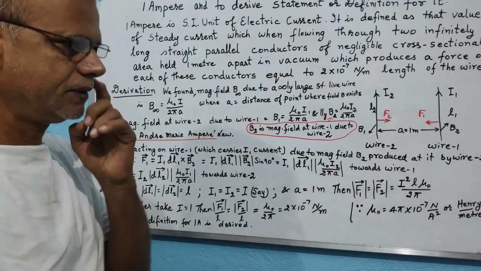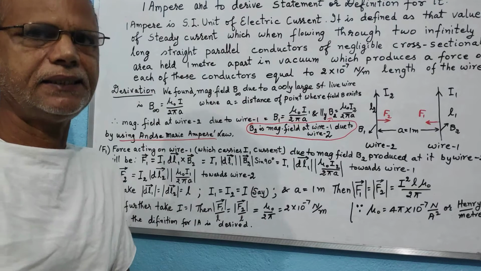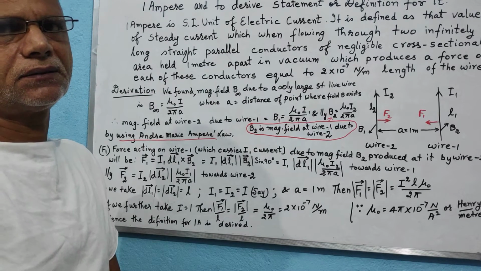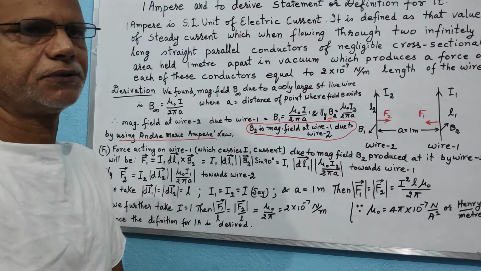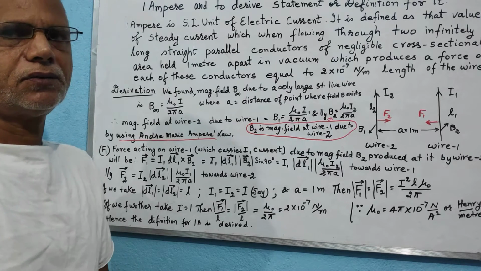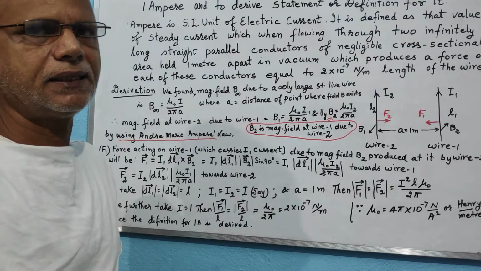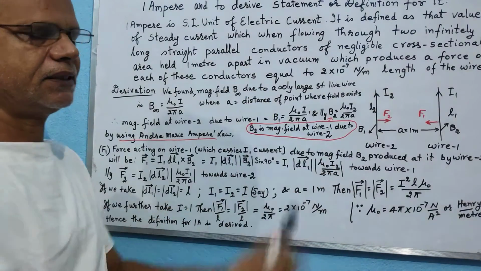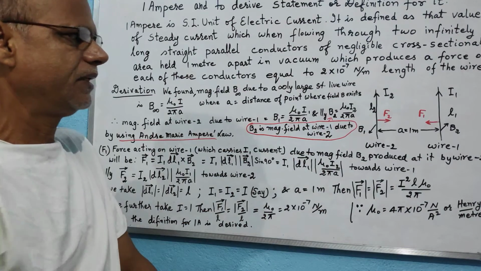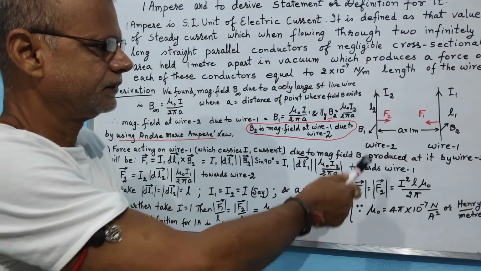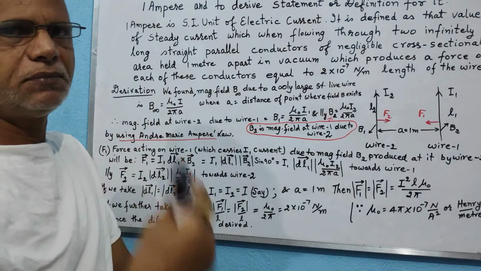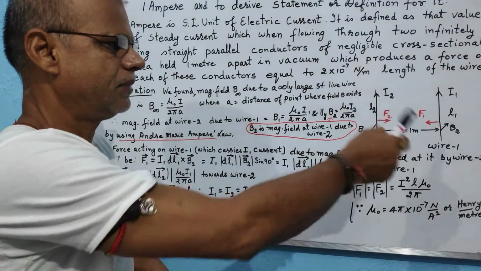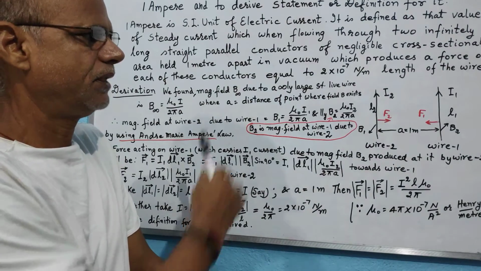1 ampere is defined as a steady current. A steady current means the DC current. So 1 ampere is that steady current which, when flowing through two parallel wires having infinite length and negligible cross-sectional area, separated by 1 meter and placed in vacuum,